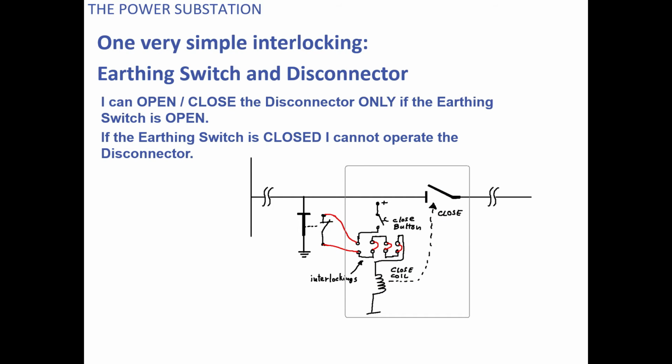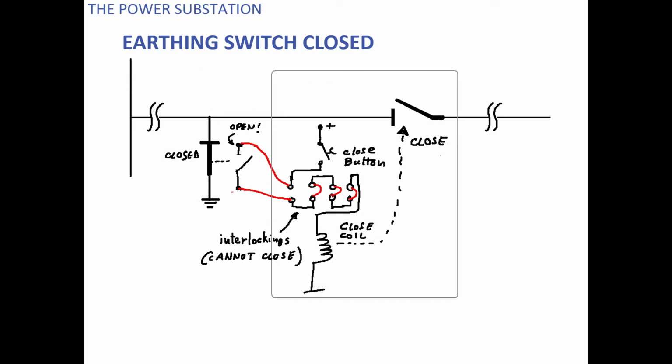So this is basically the meaning of interlock. If you see here, presently this earth switch is in closed condition. Once this earth switch is in closed condition, this NC contact opens, so that's why this is in open position. Now even if you give the command to this isolator closing coil, the DC is extended, but this DC cannot extend to this part because in between there is an open contact. So DC cannot come to this point, the closing coil cannot energize, so the isolator will not close. Why will the isolator not close? Because your earth switch is in the closed condition.